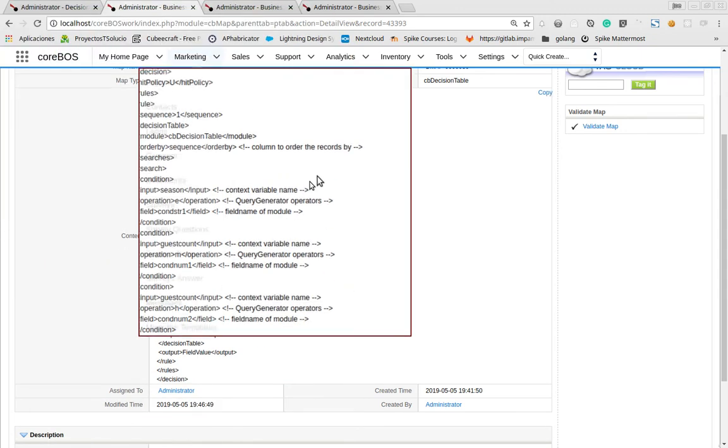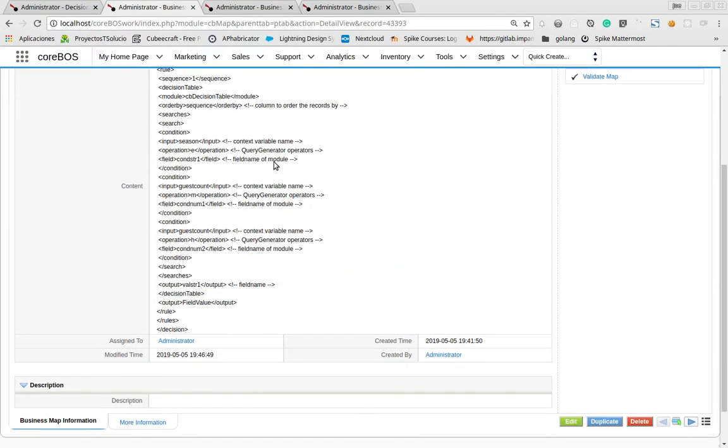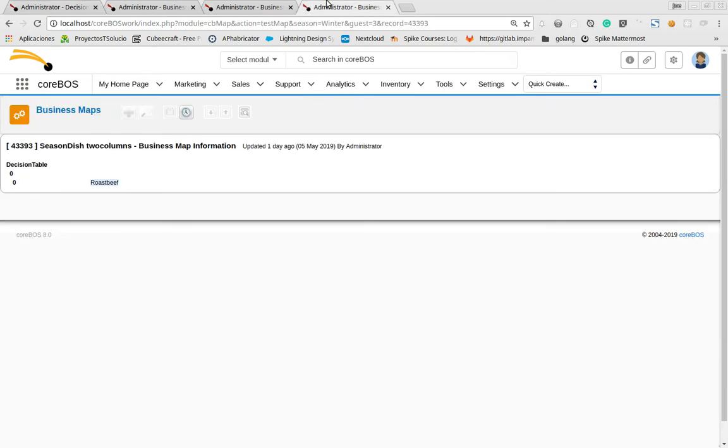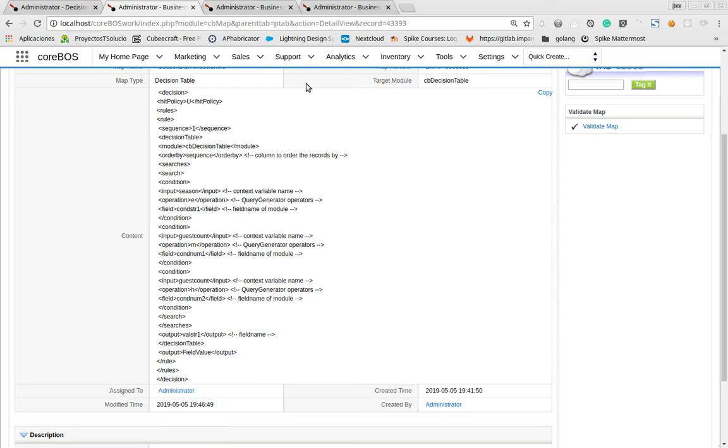So if we take this back and search here, I'm saying search for the season in condition string 1, then do the range from condition number 1 and condition number 2, and return the value string 1. Now if we come over here to the decision test map and we change this map to this one, this map is